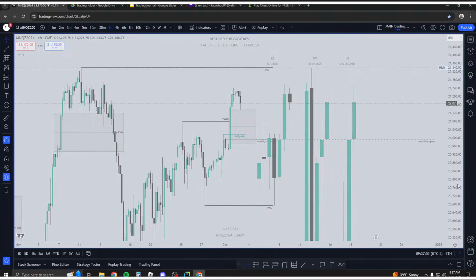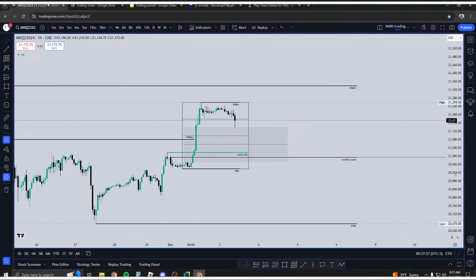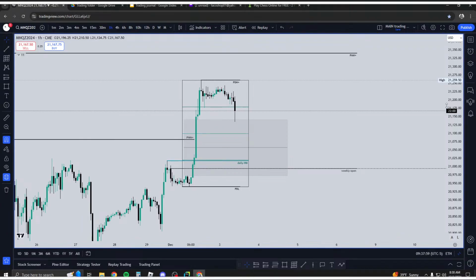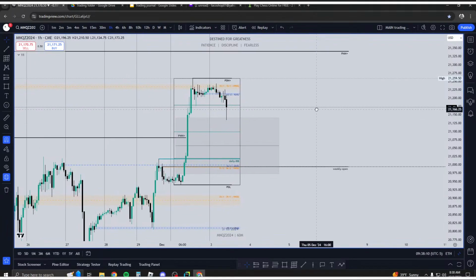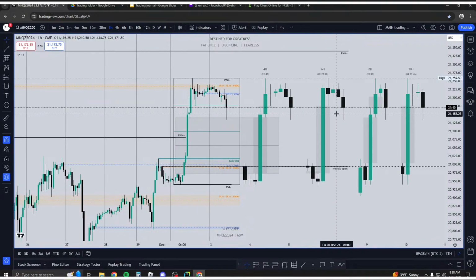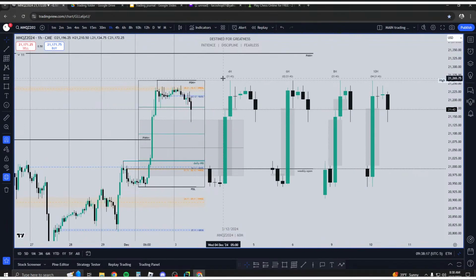But what are the 4-hour and 8-hour telling us right now? Are we going to take out previous day high this instant? The 4-hour candle and 8-hour candle are telling us the answer to that question. And the answer is not exactly yet. We have to wait on time. We have to wait on alignment between multiple time frames for us to really be sure that we're going to take out previous day high.